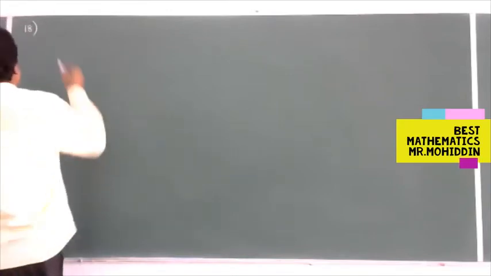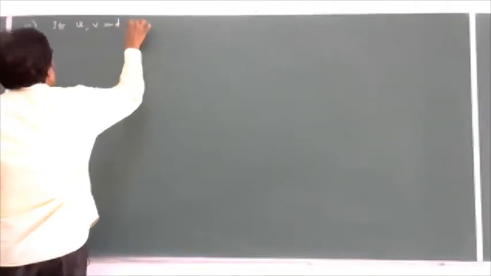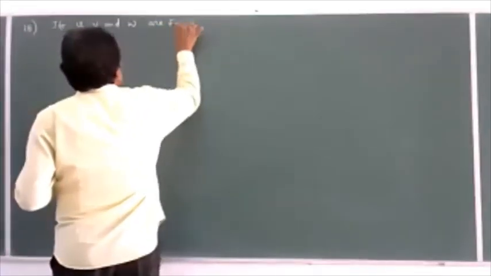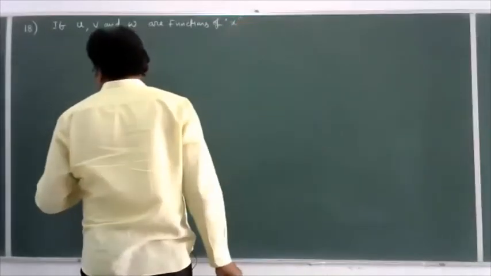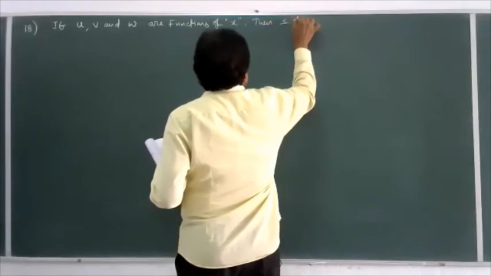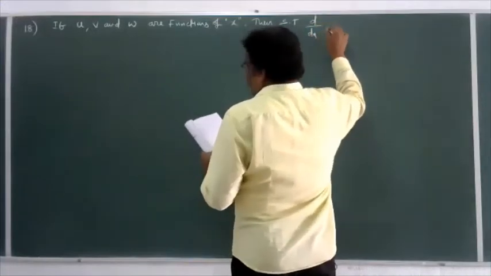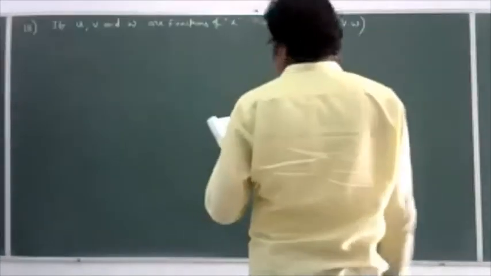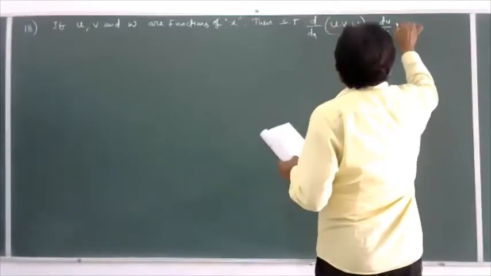If u, v and w are functions of x, then show that d by dx of u into v into w is equal to du by dx into v into w